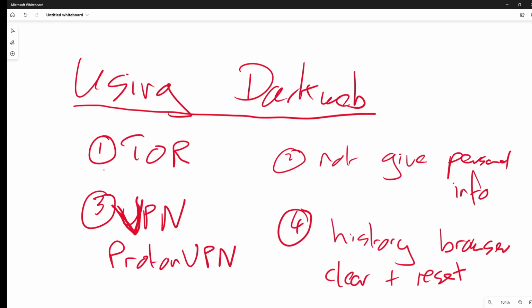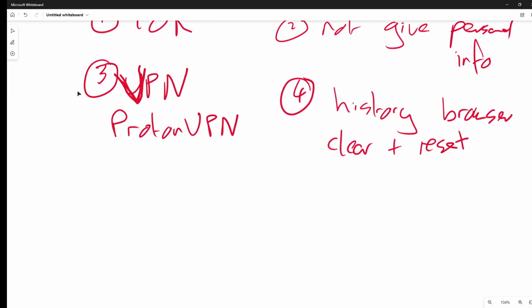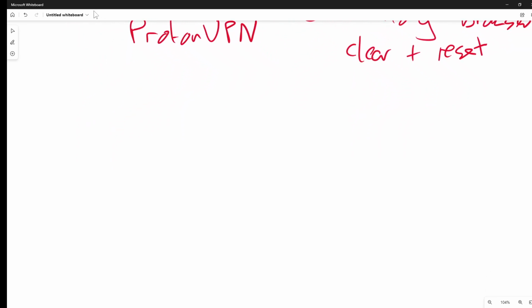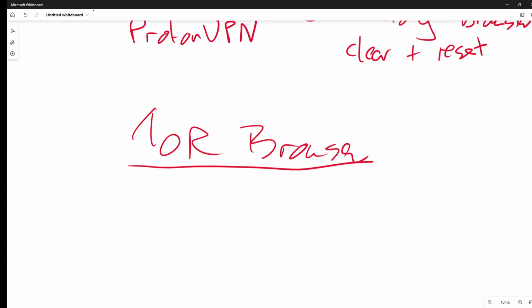Now, once you are using Tor, we're now going on to the Tor browser. Once you get on there, there's something called the Hidden Wiki.